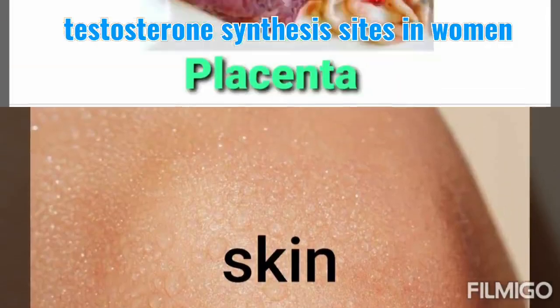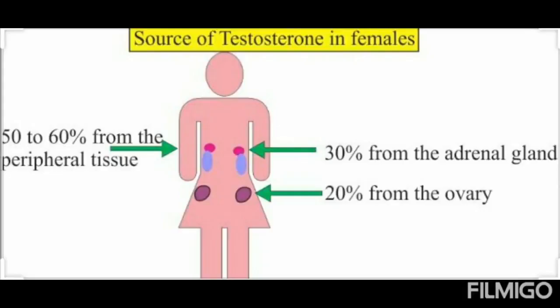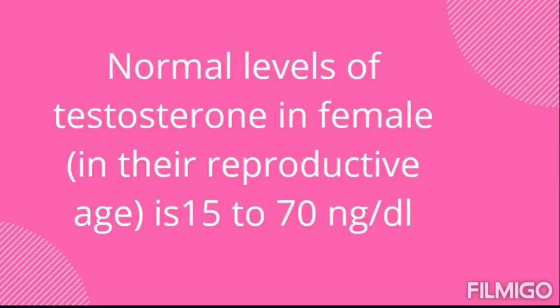During pregnancy, the placenta may also serve as a source of the hormone. In females, during the synthesis of estrogen and progesterone, testosterone is also synthesized, as we have already learned in the previous tutorial video. Then, before leaving the ovaries, almost all of the testosterone and much of the progesterone are converted into estrogen. About 1/15 of testosterone is secreted into the plasma of the female by the ovaries. In women, normal testosterone levels range from 15 to 70 nanograms per deciliter of blood.